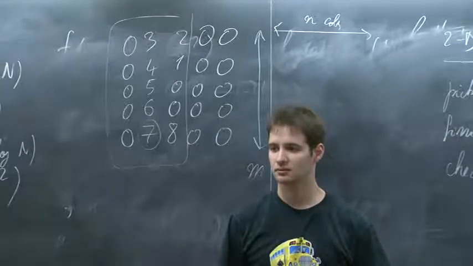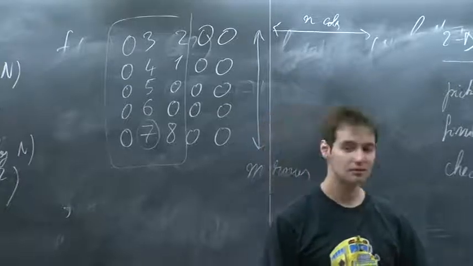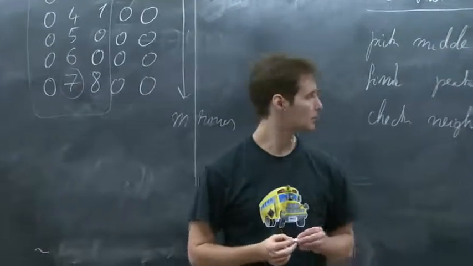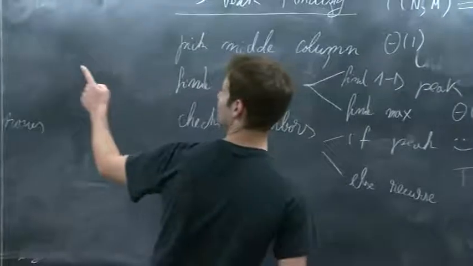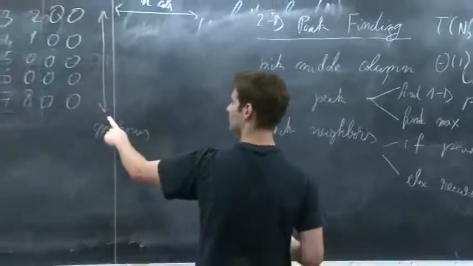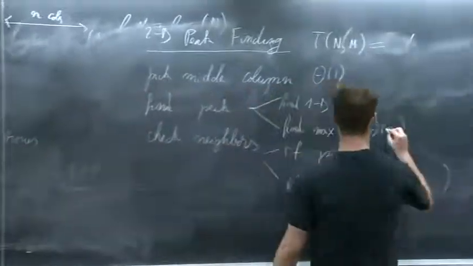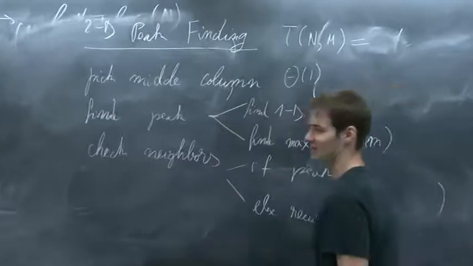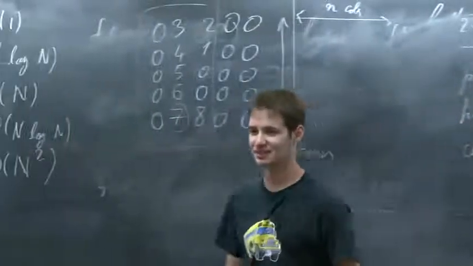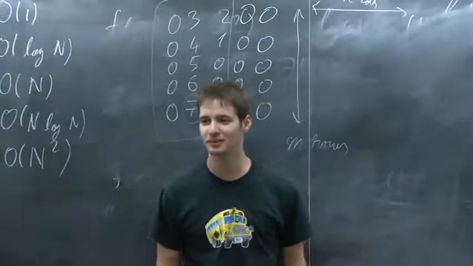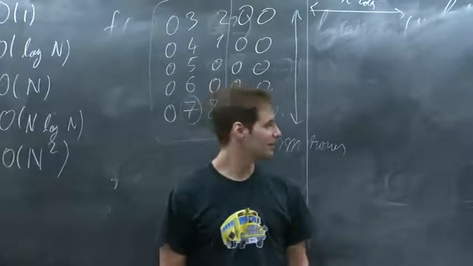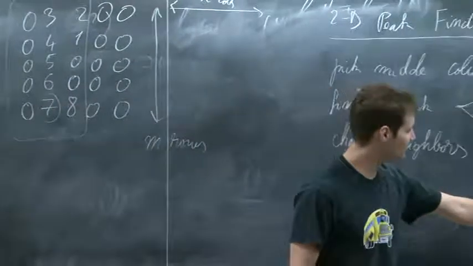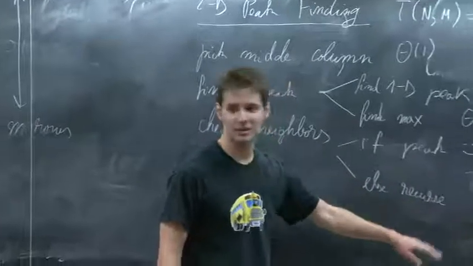Sorry, I'm not answering your question, but shouldn't the max be theta of m, not n? Let me see. I can't tell. You are right. Thank you for paying attention. Theta m. Sweet. That would have tripped me up later. Thanks for saving me. Okay, so what was your question? The question is, if I have to recurse, what's the running time?